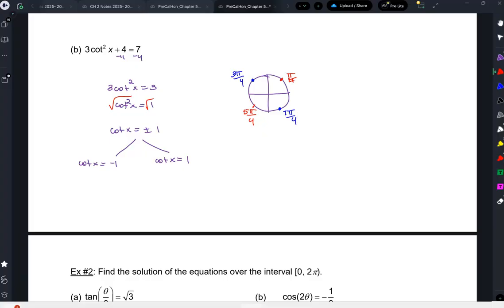No, that's sine and cosine, but cotangent is 1 there. Okay, now I need to write the general form of this. So take a look at this one. Instead of saying pi over 4 plus 2 pi n, 3 pi over 4 plus 2 pi n, and so on,